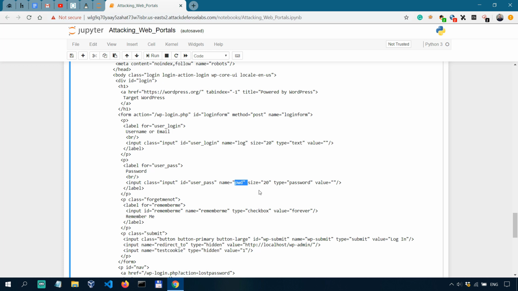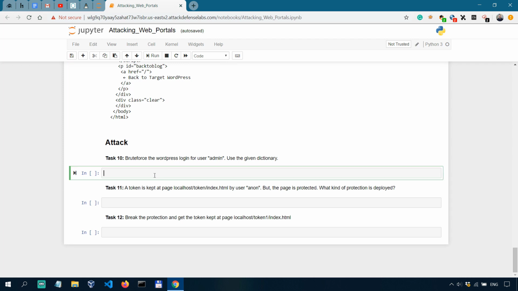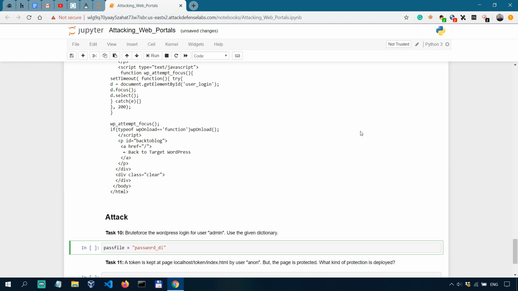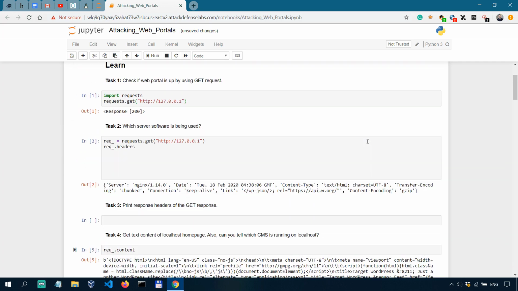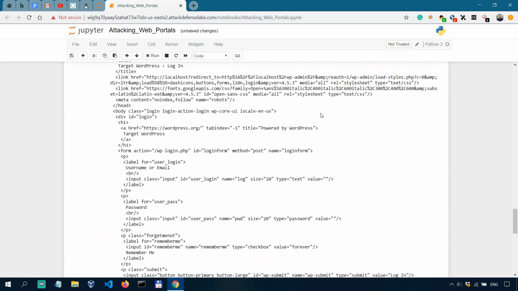This is what our browsers basically do when we authenticate. Now in this case we'll be brute forcing the password for username admin as requested, and we'll try all the passwords in the dictionary file by sending them one by one to the pwd field. This is what we're going to code here. So for that, first we need to instantiate a variable for our password file. So let's say pass_file equals password_dictionary.txt,